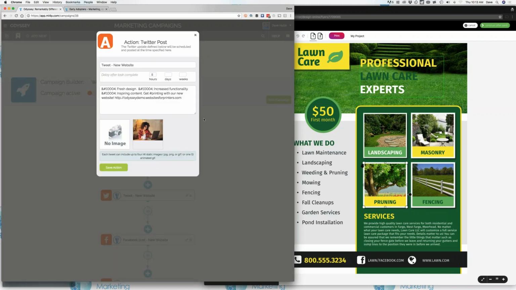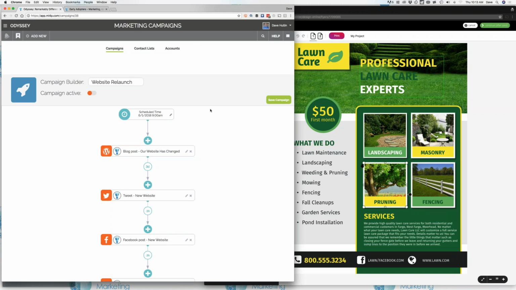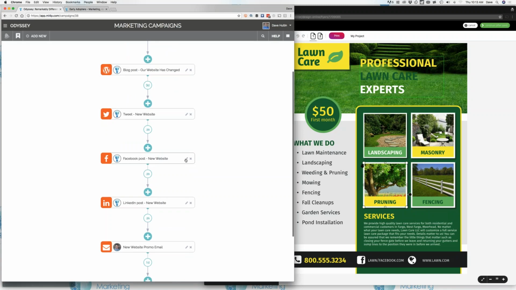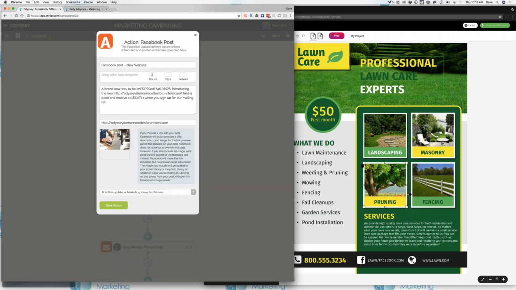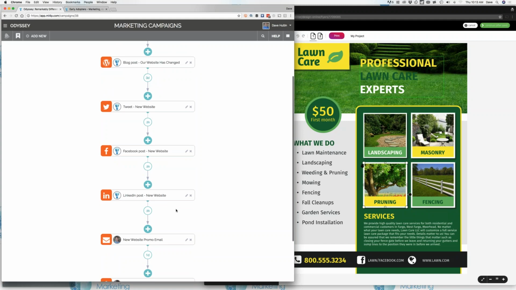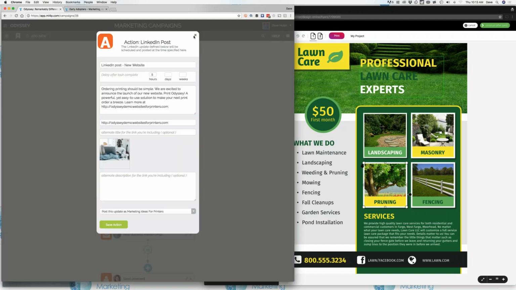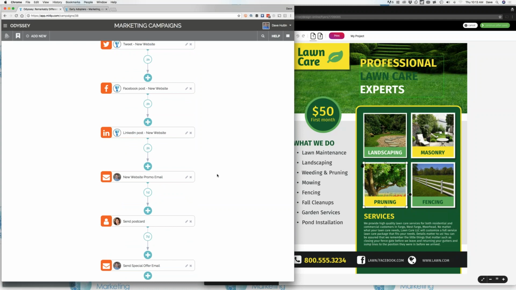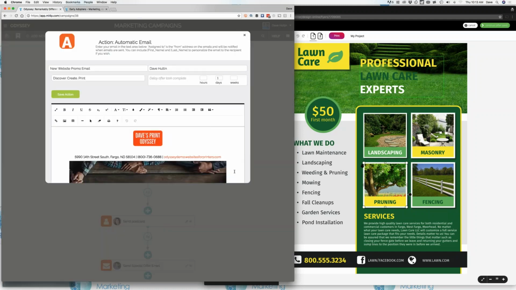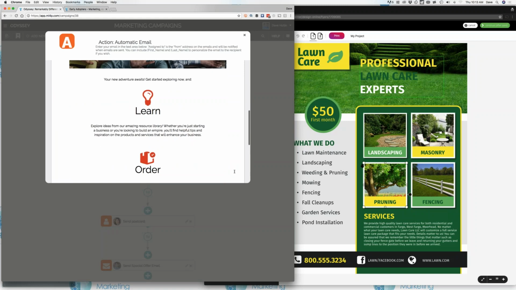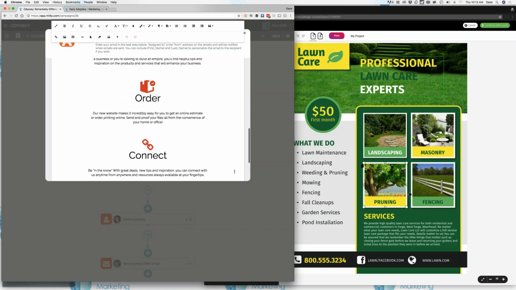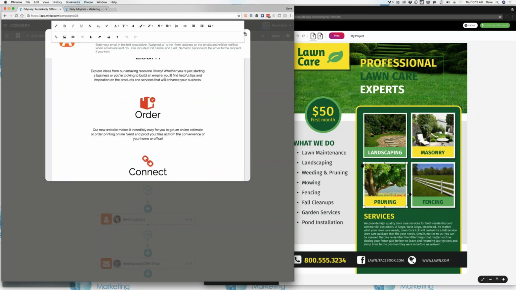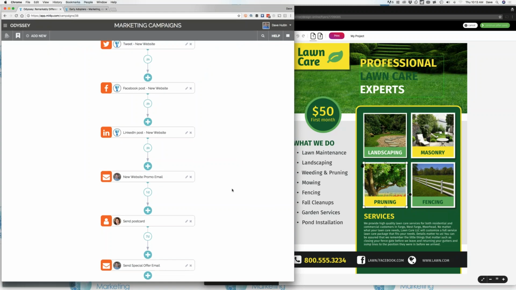And then we're going to send out a tweet. Use Twitter to send out a tweet. Wait a little bit longer, send out a Facebook post. The content is loaded in there. Wait a little bit longer. Here's our LinkedIn post. We'll get that, all driving people to that destination we want them to get to. And then we're going to send out an email to give them one more nudge to get where they want to go with the email composer tool within the marketing part of Odyssey.